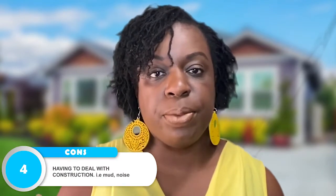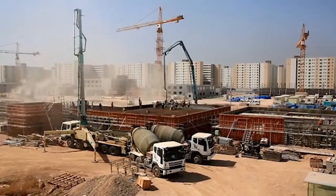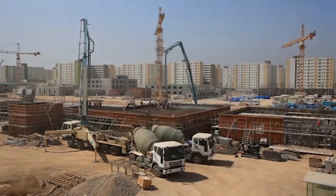Con number 4 is that while you're in the new construction build, and most likely if they just started the phase, they might have 3 phases, you're going to have to continue to deal with the ongoing construction. You're going to have to deal with the trucks, the people working, the mud, the dirt, the noise. That can be quite disturbing to some people, but something you have to contend with until all the phases are built and everything's closed out and they move on. So that's something to be aware of, that you're most likely going to have to deal with all that distraction